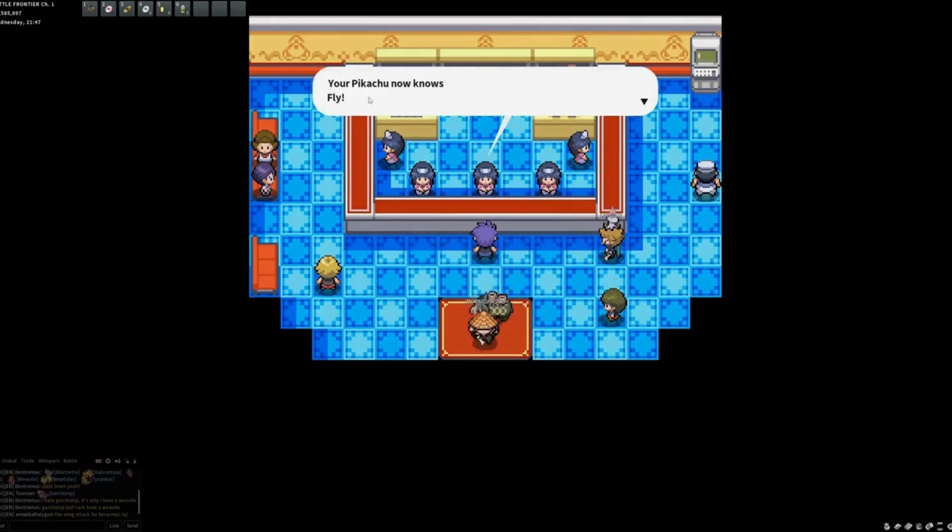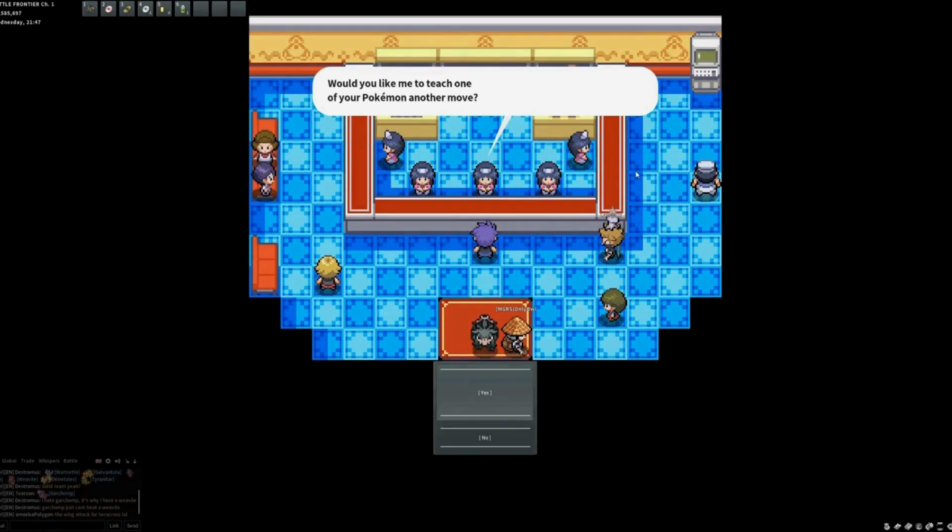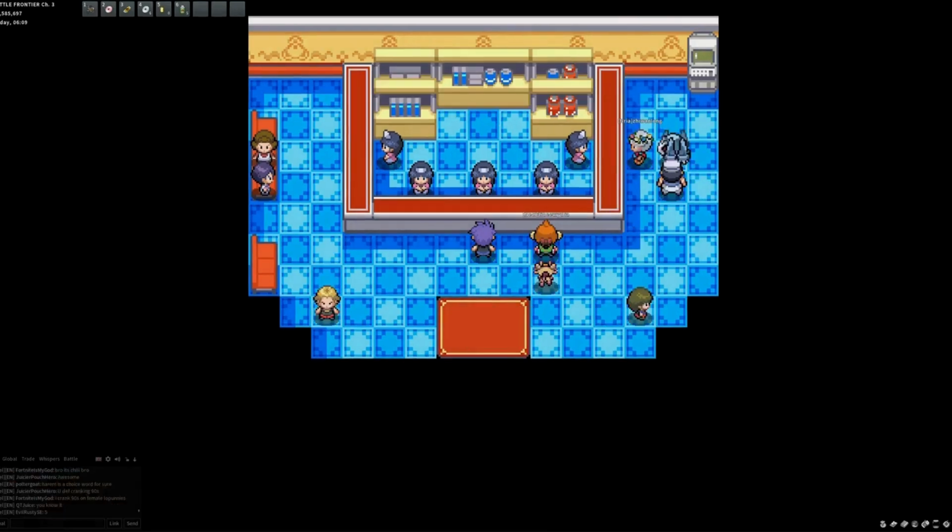Yes. And your Pikachu now knows Fly. Simple as that. It just costs a lot with the 6,000 battle points, low key, but that's alright. What makes this so great is now your Pikachu fills multiple needs and condenses slots in your party so you can have more Pokemon in your party that you need to train,